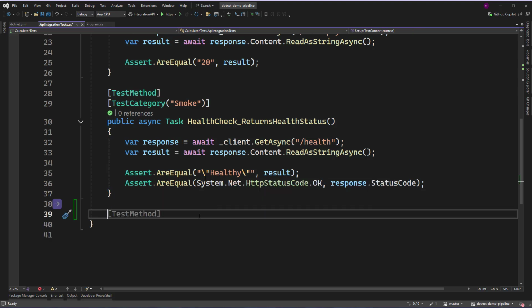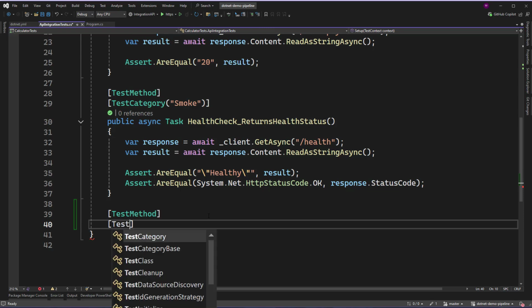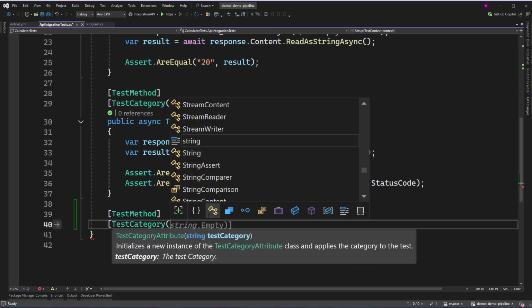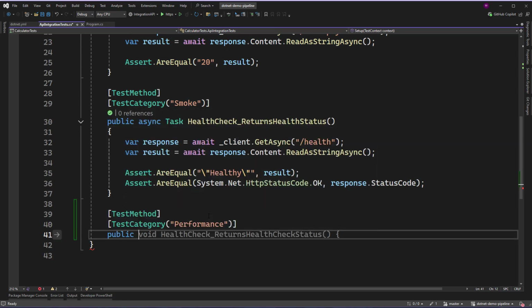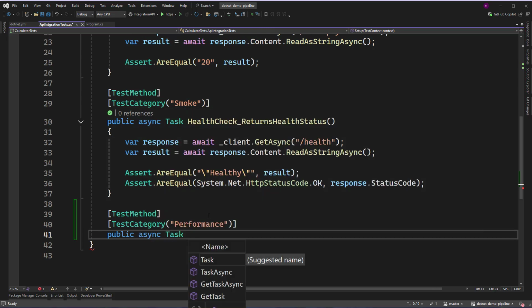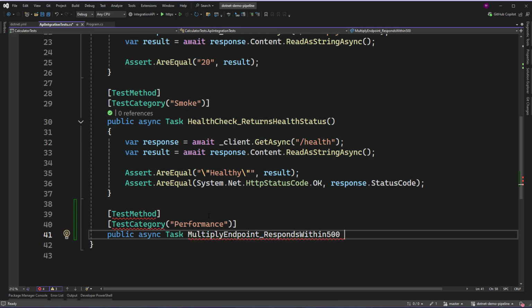But if you have been following along with me and you're ready to go, we're going to jump right into the end of our API integration test section and start setting up a new test method. We're going to set this up in its own test category of performance. For our new method, we're going to set up a public async task for the multiply endpoint, and we want to say responds within, I would say 500 milliseconds